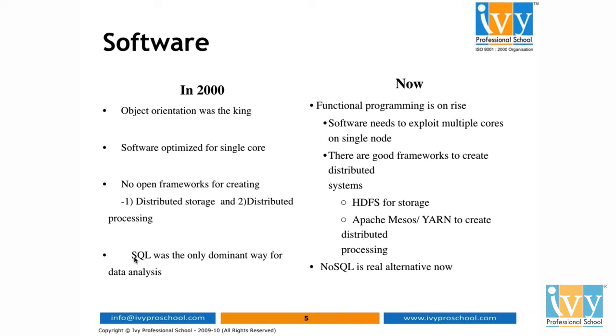Now, another important difference is that something called NoSQL has come up. Does anybody know NoSQL? NoSQL is very different from SQL. Traditional databases do not scale out, right? Do you understand the meaning of scale out? It means you cannot distribute them on various different nodes. So now NoSQL databases have come up because we need to scale out and distribute our data. Any examples of NoSQL databases? HBase, Cassandra. Anybody heard about MongoDB?